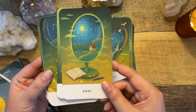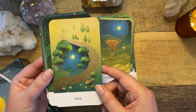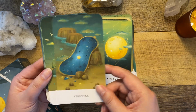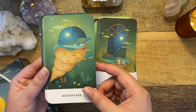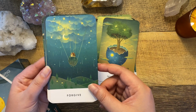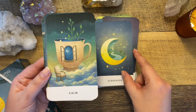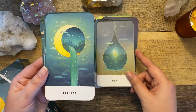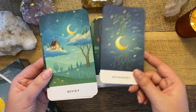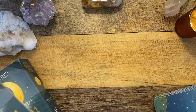Impulse, soul, barrier, freedom, ego, regret, approve, purpose, empathy, adventure, passion, transition. And I see, okay, so some of these are full moons. Forgive, closure, trust, surrender, calm, heal, release, reflect, synchronicity, reconnect, revisit, and compassion. Compassion's really beautiful too. So I'm going to give that a shuffle, but let's take a quick look at the guidebook,